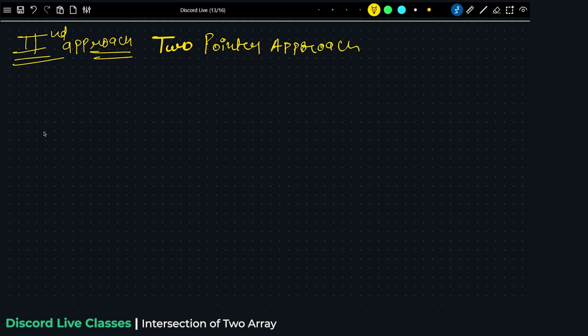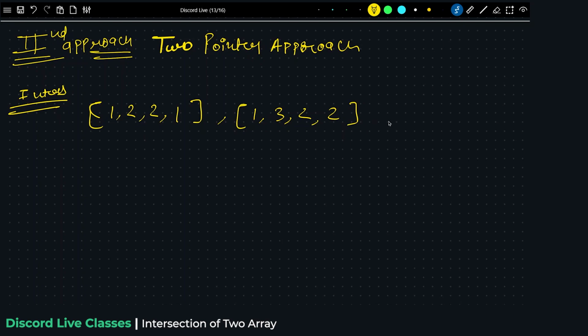Again, the problem is we have been given an array, like suppose 1 2 2 1. Again, a second array we have been given, let's suppose 1 3 2 and 2. Cool, we have given these arrays. Now I need to find the intersection between the two arrays. So what I will be doing,